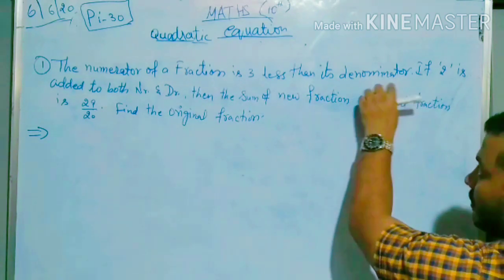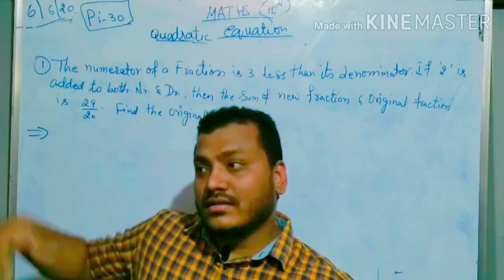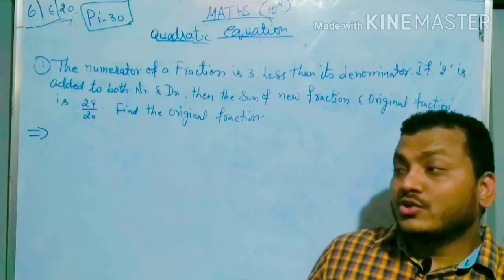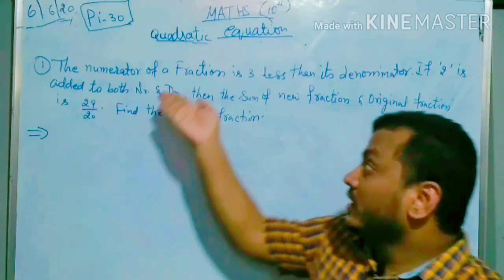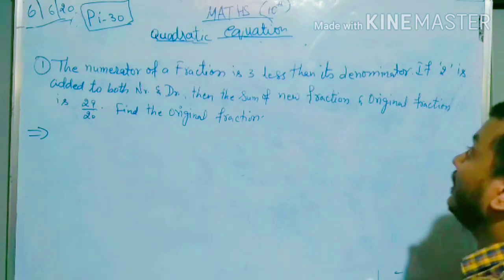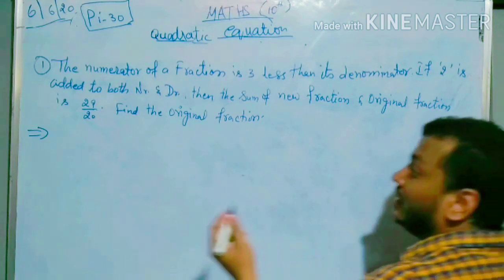So the last term, suppose it says that Ajay is 5 years elder than the Suresh, then take Suresh first, make the assumption on him. So assume the Suresh age. So here what is the last term on which it is depending, the denominator. So denominator you should take in the consideration.